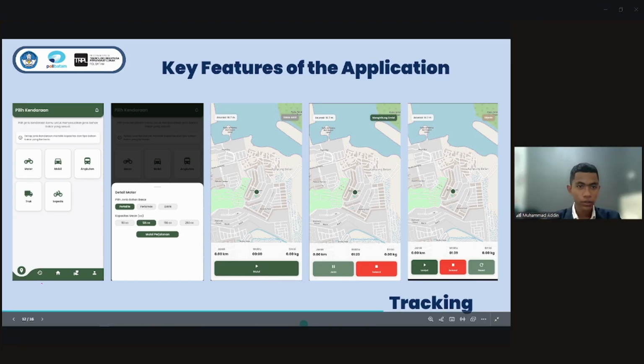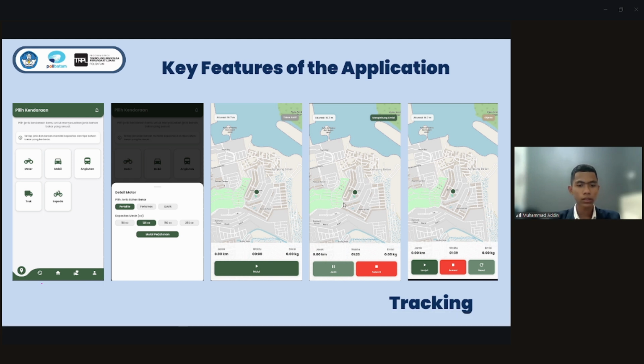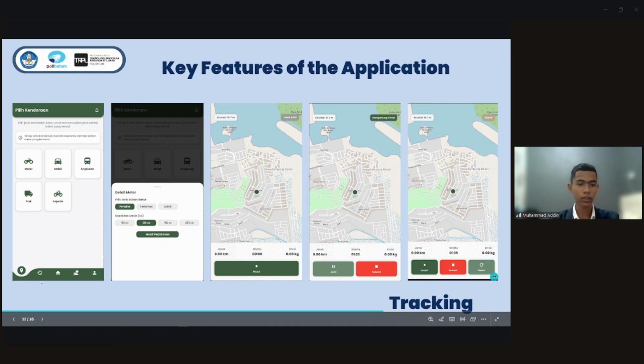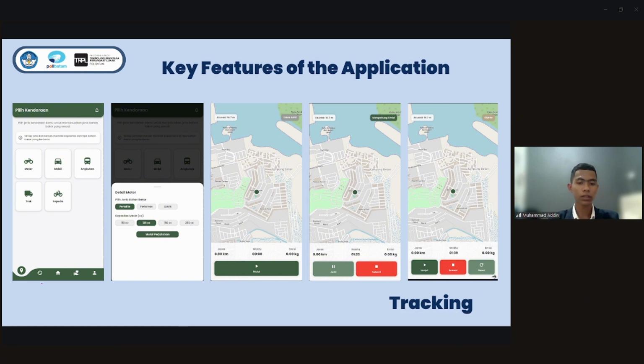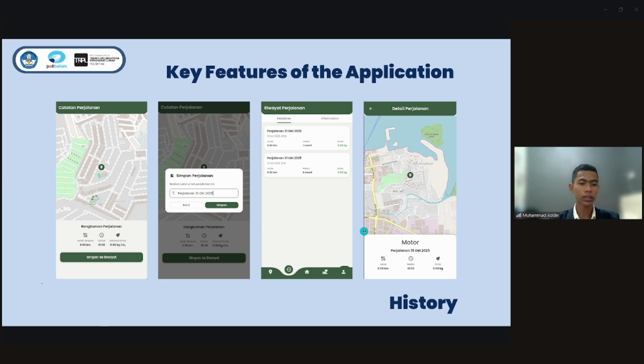Right. Okay, feature of the application. This is the main feature of EcoTrack. First, user display and choose feature. Next, choose full of feature and start a journey. If user has started a journey, user has a two click button. If user clicks pause, user has a three click button: reset, continue, and stop. And if a user clicks stop, data of a journey can be saved in a history. Next slide.